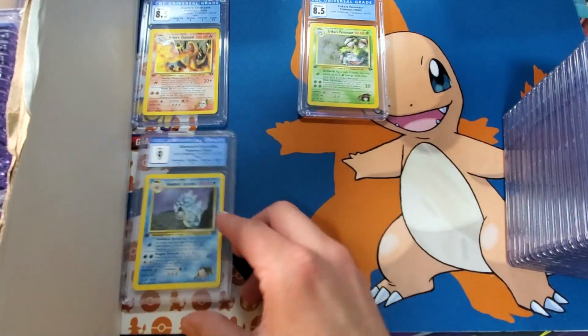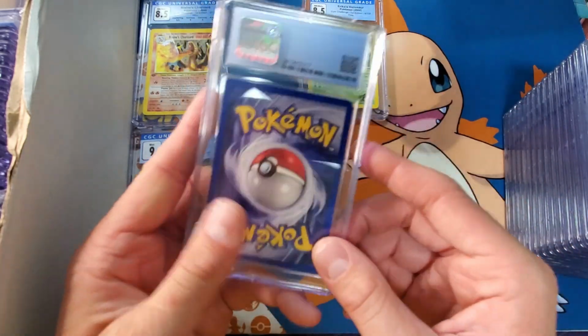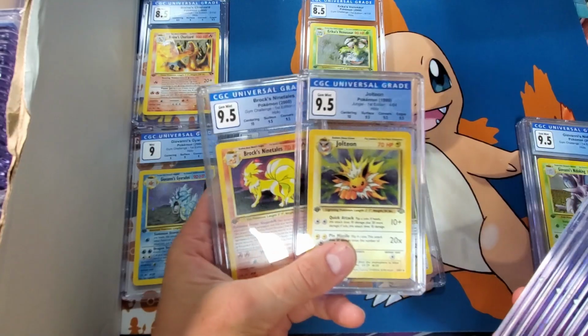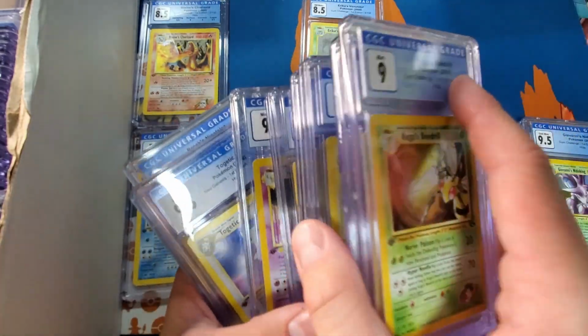So yeah, as I said, 500 plus cards I need to go through. They're not all going to get cracked. They're not all going to go to one company or the other. I need to make the final determination. And so many cards, 9.5s, 9s, probably, I mean,